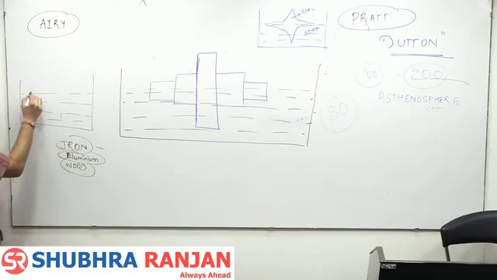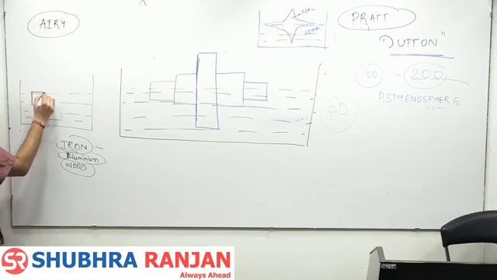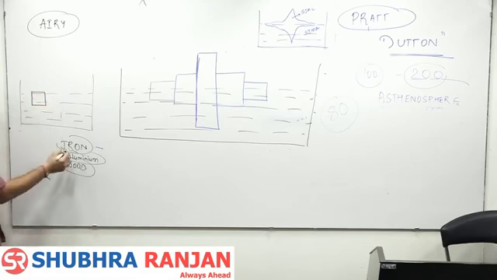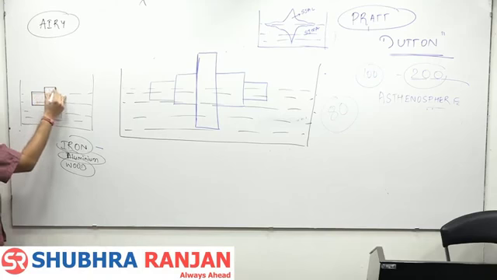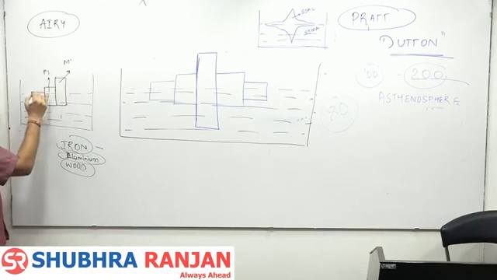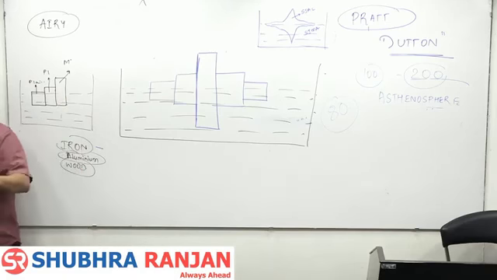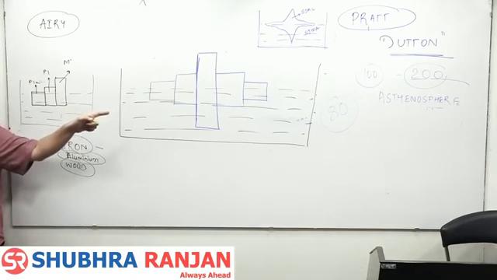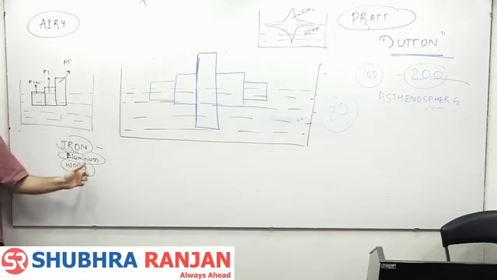The iron block went deep, more. The aluminium did not go that deep. It was floating. The wood was still floating. So wood is mountain. This is plateau. This is plain. So that is mountain, lighter rocks, not the same rocks. Fine. Aluminium, plateau, and iron is the plain. This is what isostasy is.